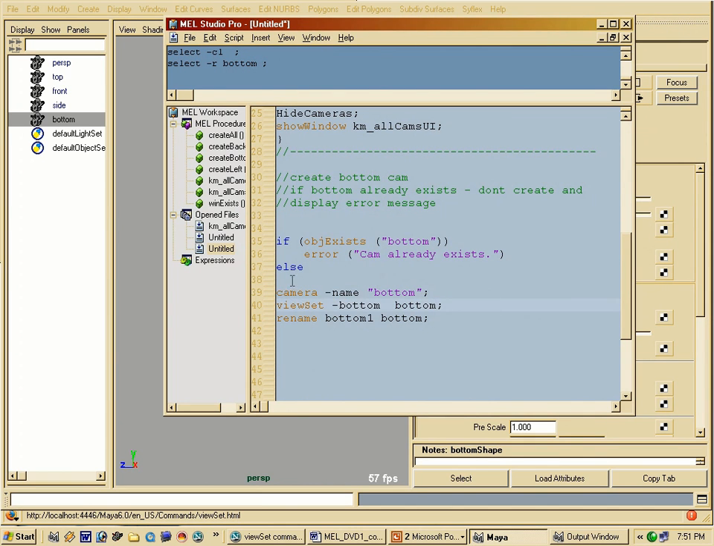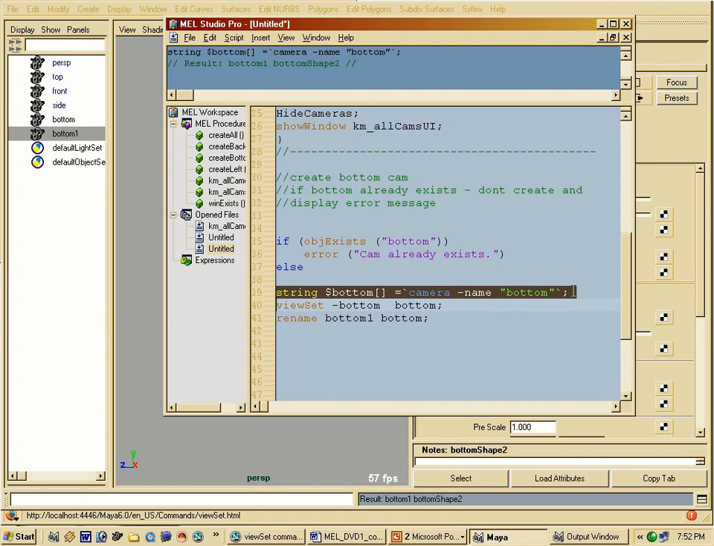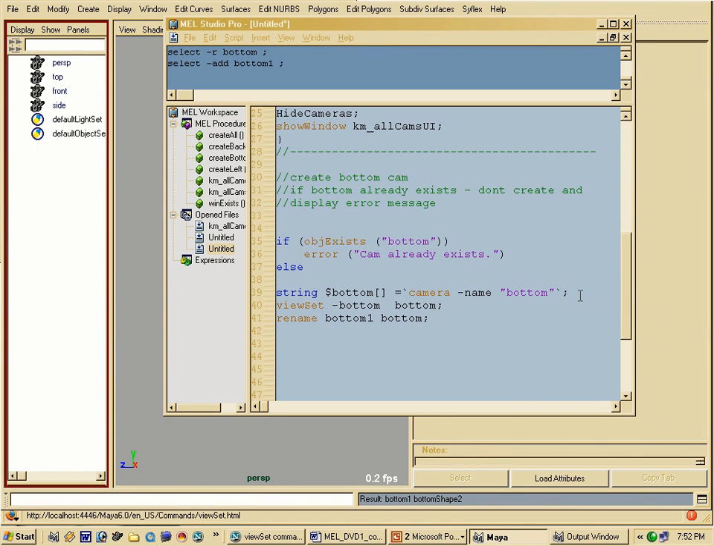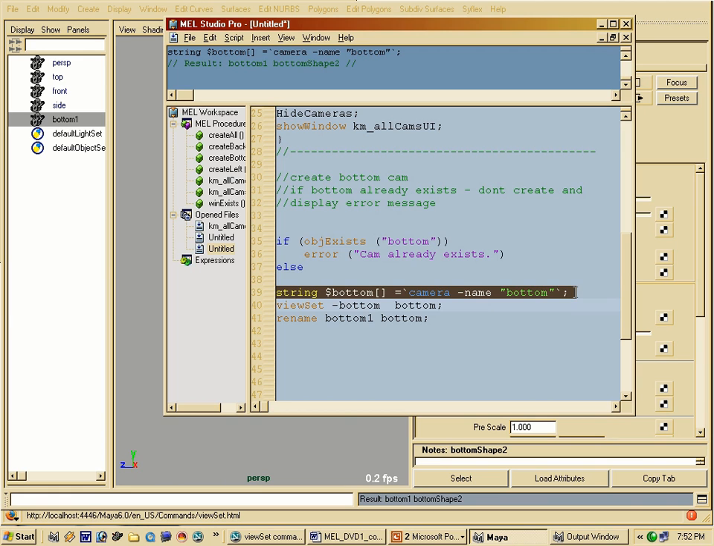Now to make this a little bit more dynamic and cleaner, I'm gonna throw the camera creation in a variable. Okay, so I'm gonna make it a string, and I'm gonna call it bottom, like so. And actually I'm gonna make it a string array, like so. And don't forget to put it in between backticks, like that. And I'm just gonna execute that just to make sure that it happens. There you go. That is working, like so. Then obviously it will be much easier for me to copy this variable, and I have to make sure that I use